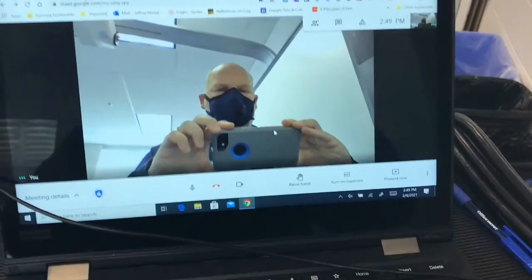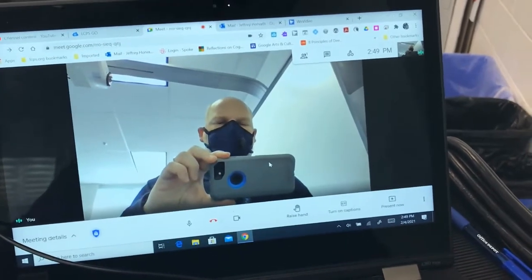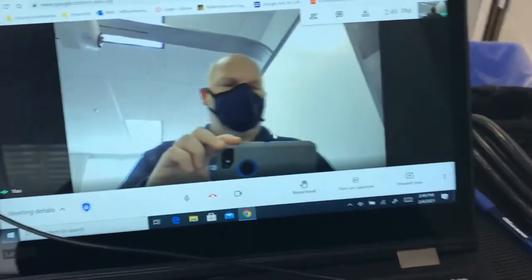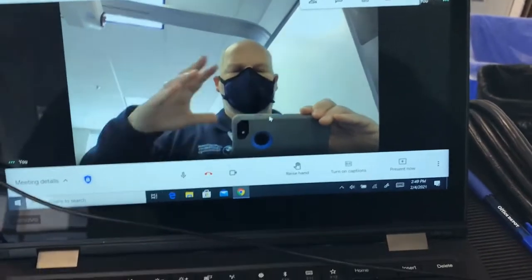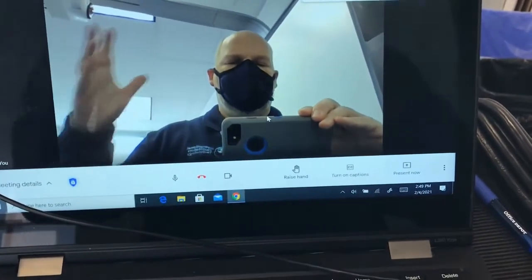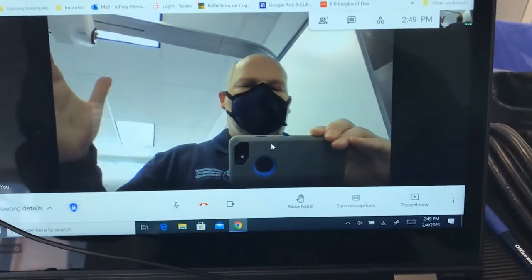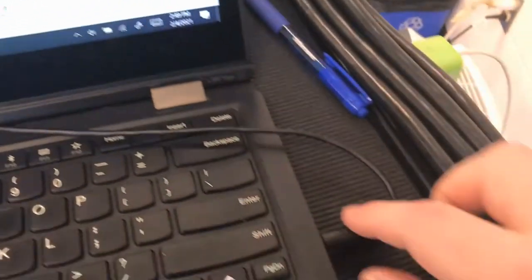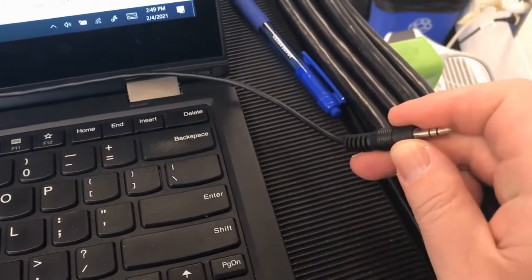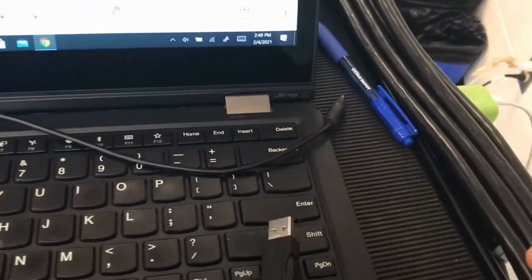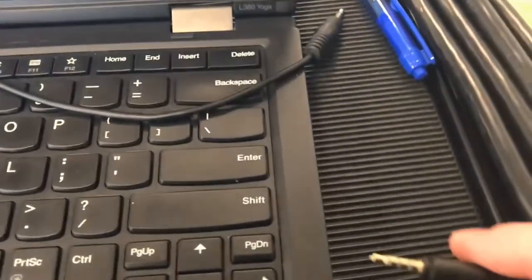But what happens when we need to break into smaller groups? Well, the answer is we need to switch to headphones or earbuds. Okay, so let's say it's time for small group work. You don't want the sound going out all over the classroom because kids are going to be working in small groups. So we're going to unplug the audio from the Promethean board, and then you can plug in the audio from a set of